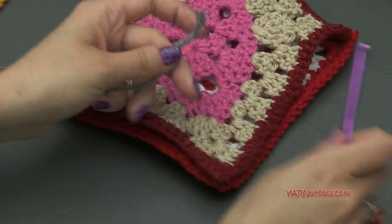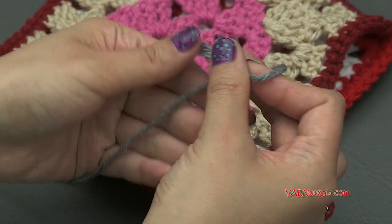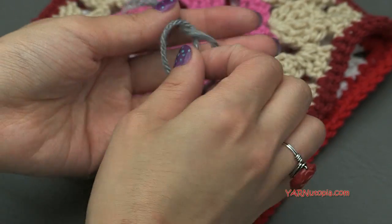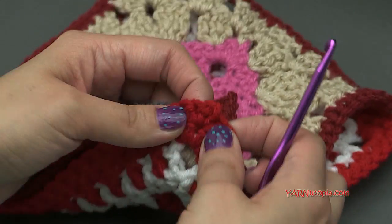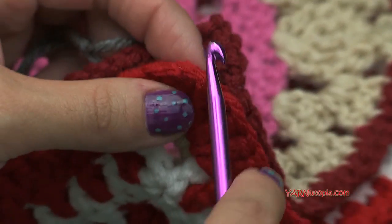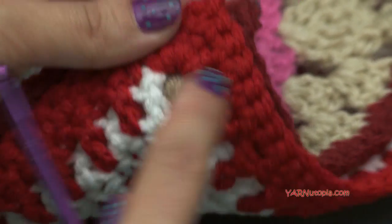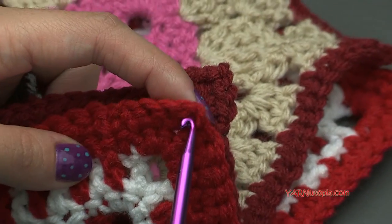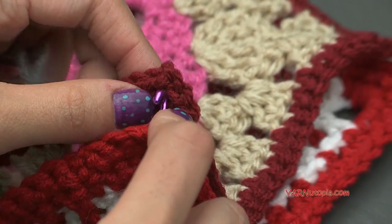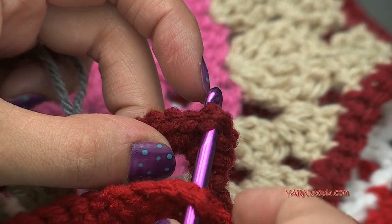So what we want to do is start off with a slip knot. So put your short end over your long end, fold that down and pull that through, and pull tight. We are going to insert our hook into the corner stitch, or if you have a chain one space or something, on this back side of this square. Okay, and then the chain one space or the stitch on this side, on this corner here,